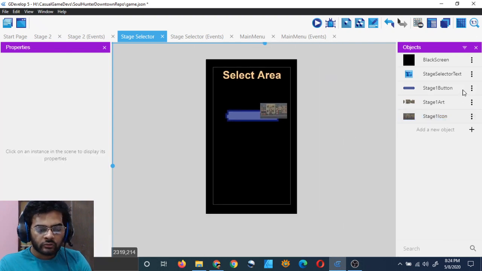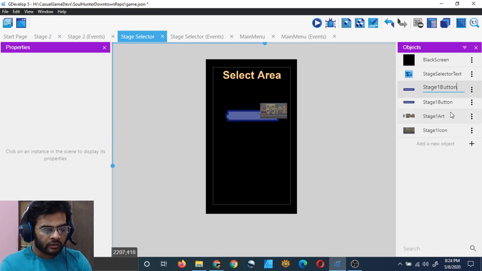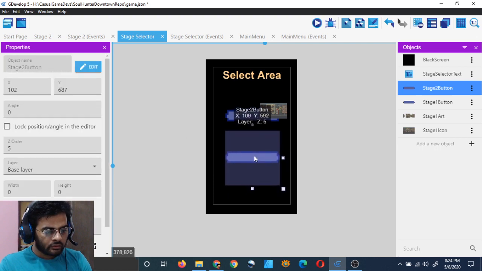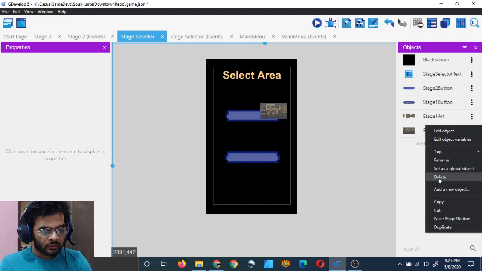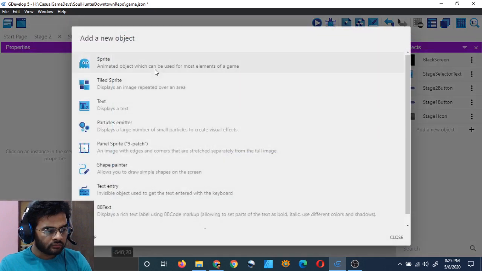And for stage 2, just duplicate this button, duplicate it, and then type stage 2 button, enter, and then drag it over here. That is the stage 2 button, and now you need stage 2 icon. We will just delete stage 1 art because we don't need it, and then add stage 2 icon.